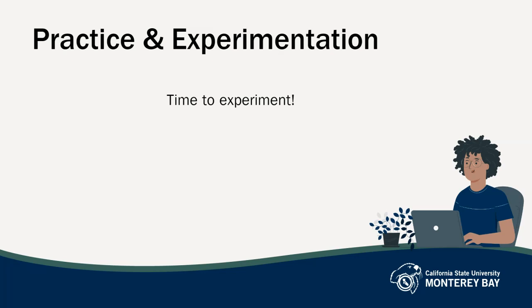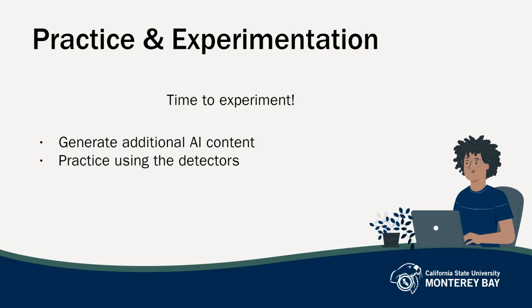Next, you will engage with a quiz to check your knowledge, and then you will get some more practice by using AI to generate content. And then you will run that AI content through the detection tools so you can get a feel for the accuracy of the tools. In the reflective activity, you will discuss the processes as well as any strategies you find yourself using that help you along the way. This work will help prepare you to have those discussions with your students and will hopefully give you confidence as you begin to think about the policies you will enact in your classes.